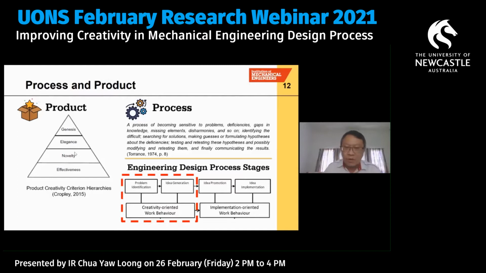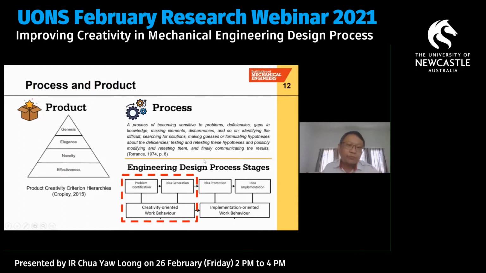Okay, because why? Problem identification is actually in line with the process of becoming sensitive to the problem. You can identify where is the gap, where is the missing element. And then idea generation is about making guesses, searching for solutions, formulating your solutions, your hypothesis, and so on and so